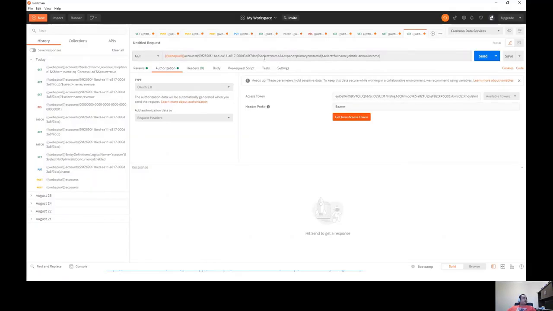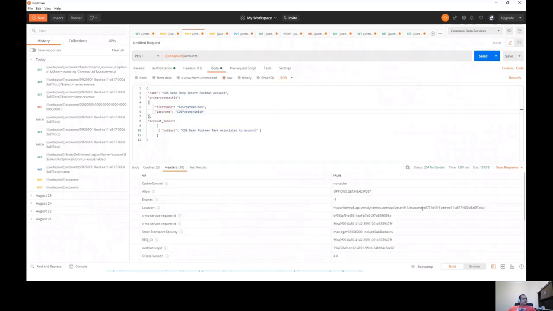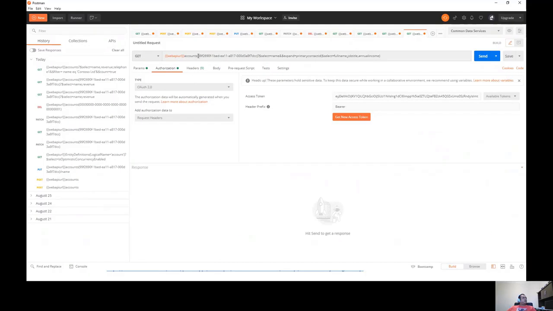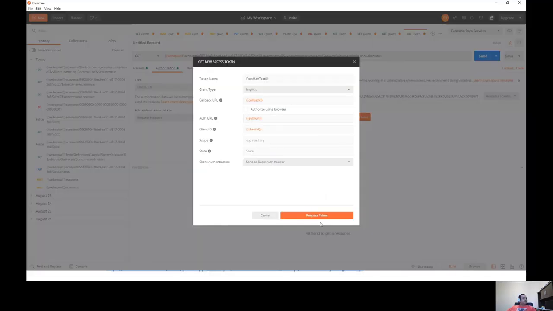So I can expand. Here I'm saying for this account, I want the name, and I also want the primary contact ID with this. I'll use this record and do my get token.